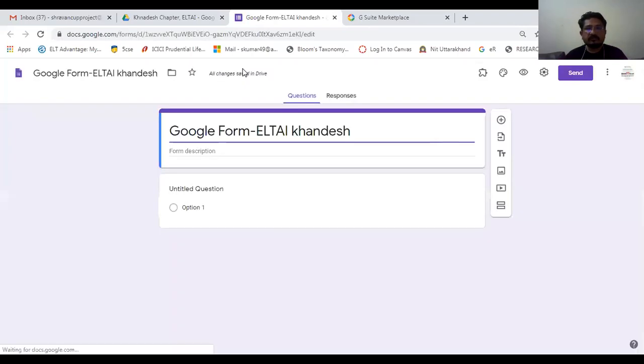Okay, so I have allowed them to join, all of them. They all have joined now. So what I was saying is that you find untitled form written here.